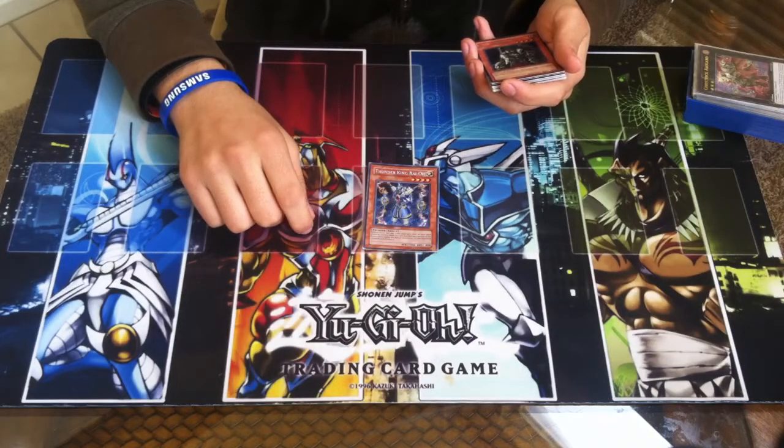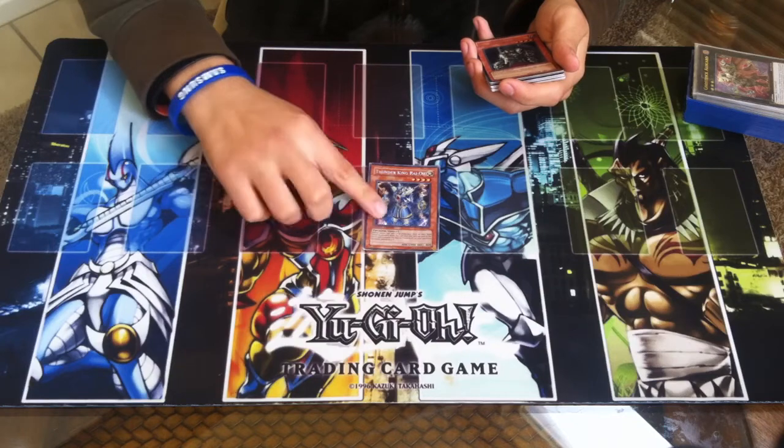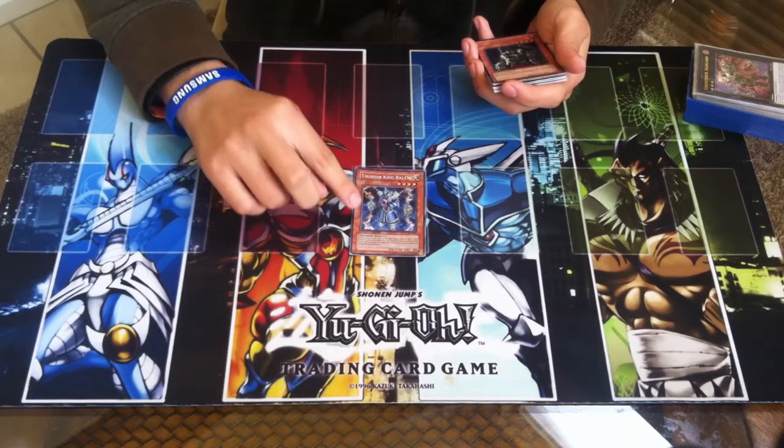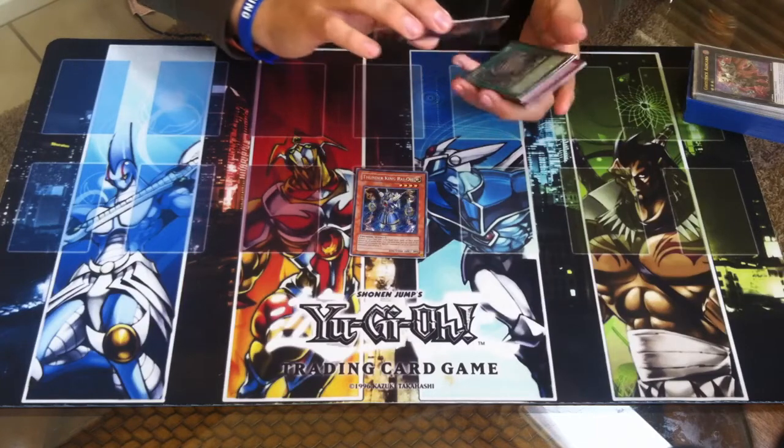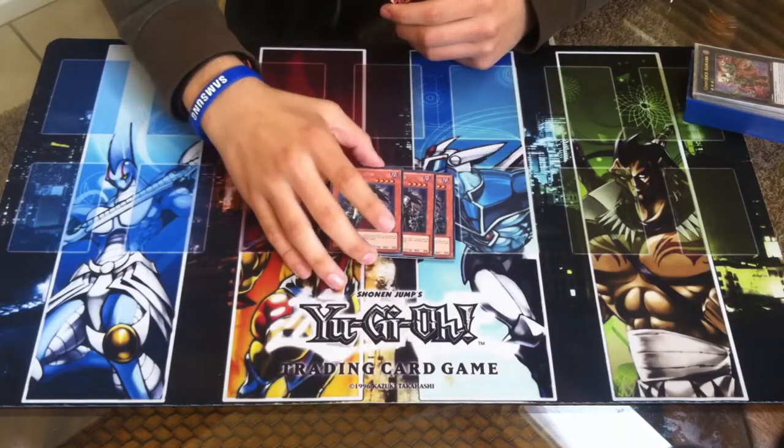He's such a good meta call. Like any meta deck, Thunder King Ryo puts in so much work. It's ridiculous, but I love this guy. He's amazing. Other cards that I put in because I couldn't afford Maxis or Veilers, I just put in triple